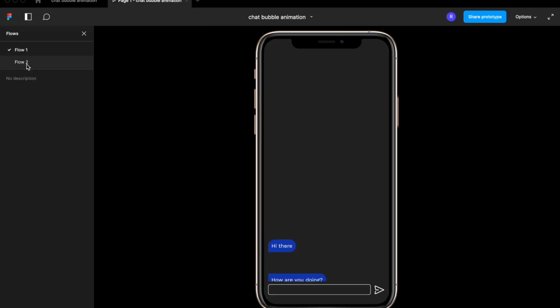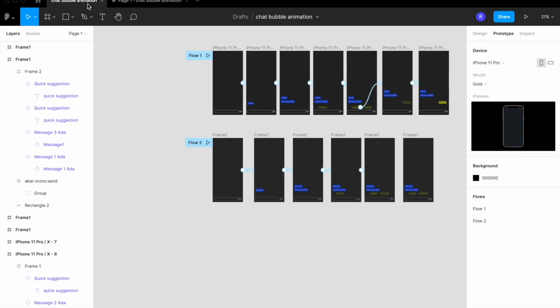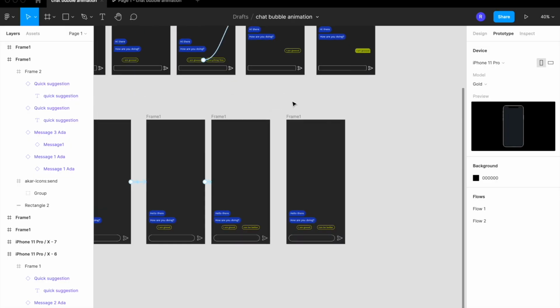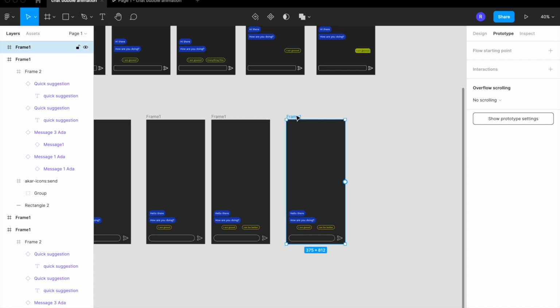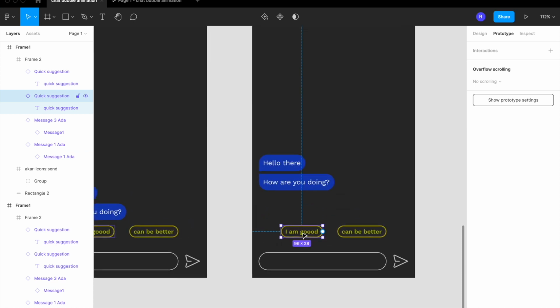So as you can see, the messages are coming really nicely. The whole flow is working. Sounds about good. Now let's just continue. So the next step would be if I tap one of the quick suggestions button, then the message would come from the user side. So I'll quickly slide both of the message up, and then I'm good towards the right